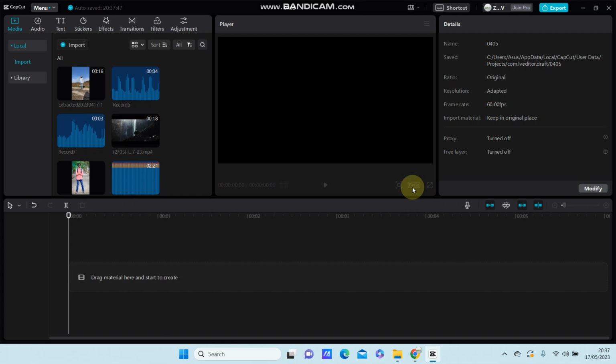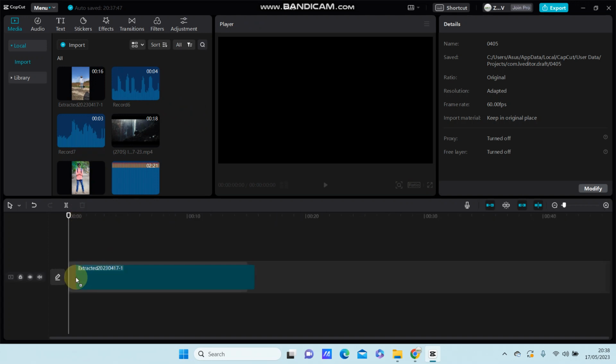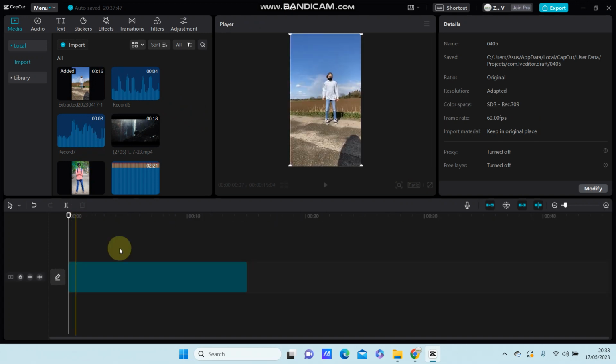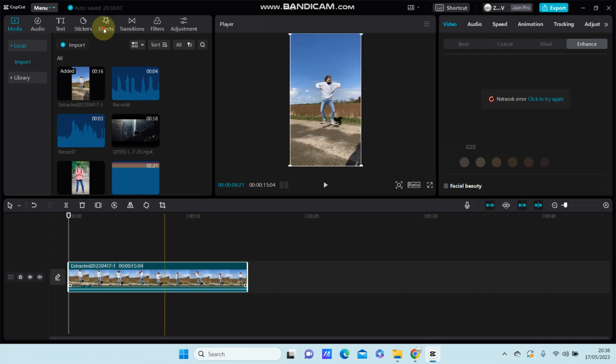Hey guys, in this video I'm going to show you how to make the motion blur effect in CapCut PC. So this is a simple trick that I use. Alright, so first select the video you want to edit and just go into effect,